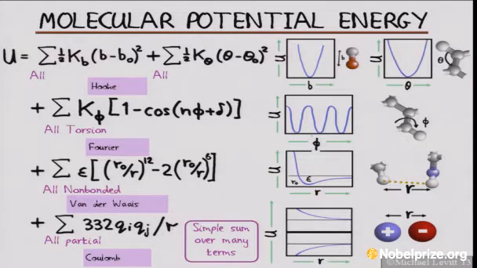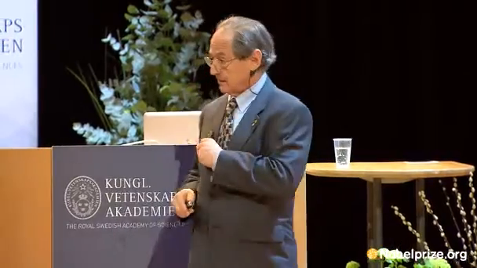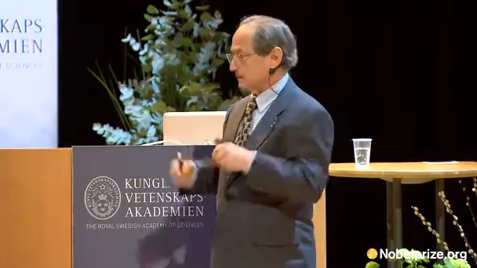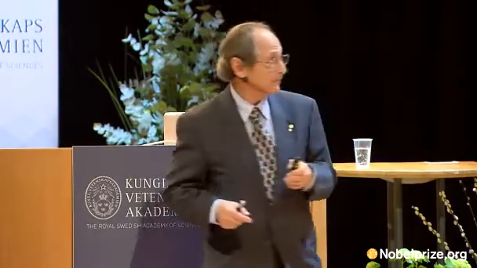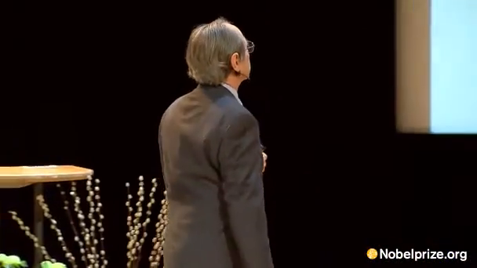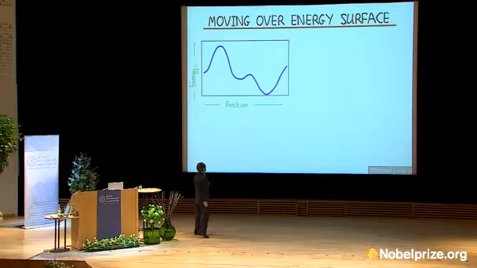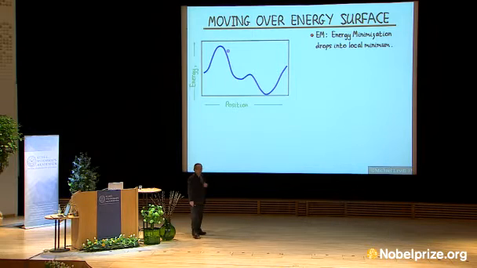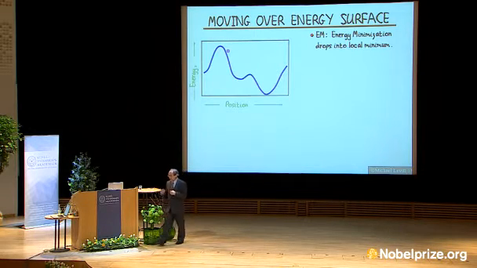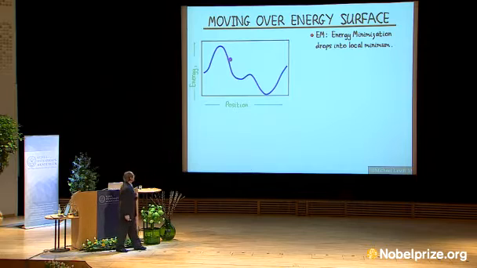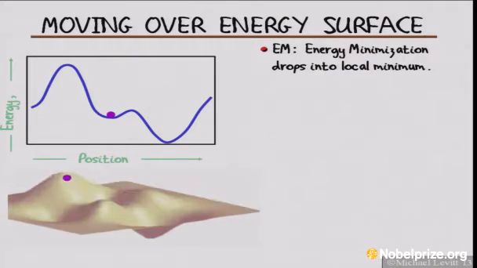What for me is amazing, and I guess Martin did say in his talk, how it's remarkable that things as simple as they were are still being used today, but in many ways, this energy function is still being used, say, by the D.E. Shaw calculations that are 10 million times or 100 million times faster. Okay, so Martin also mentioned the importance of the energy surface, or the potential energy function. This is just an example to show how all the methods, whether they're energy minimization, shown here is just dropping down to the nearest minimum, here shown in 2 dimensions,